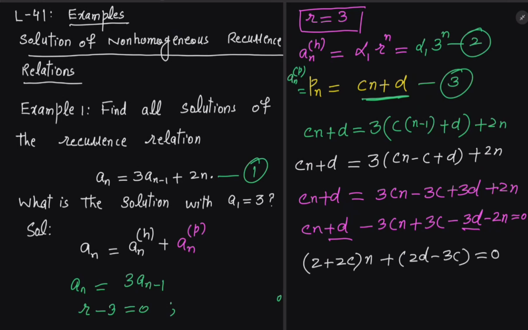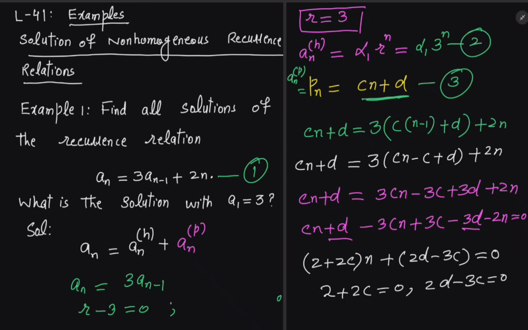And the theory says that the non-homogeneous solution should satisfy it. It means that the left-hand side must be equal to 0. And this can only be equal to 0 when the coefficient of n is equal to 0 and this constant term is equal to 0. So we have 2 plus 2c is equal to 0, and 2d minus 3c is equal to 0, and after